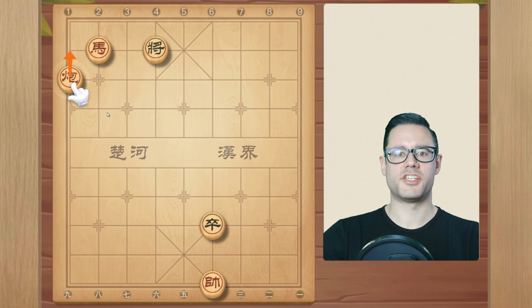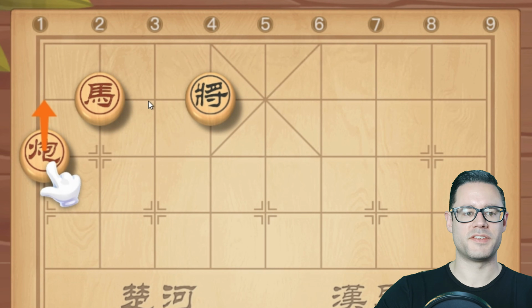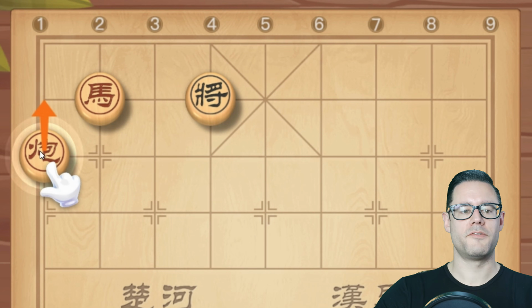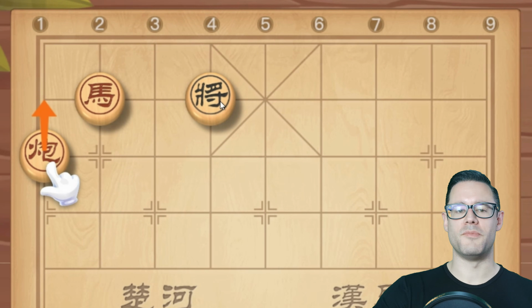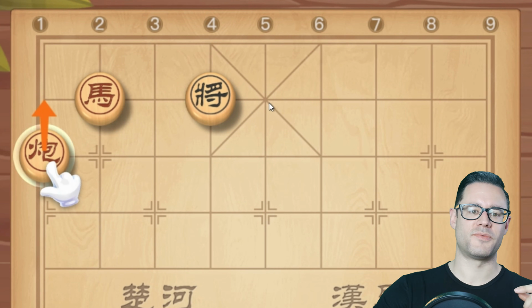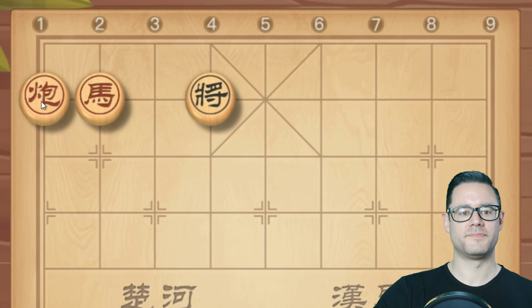So here's another example of checkmating with a cannon. This one's not so obvious. Currently, their general, if attacked, could only move one space to the right because of our horse. Horses, again, move one space forward, one space diagonal. So our horse is currently targeting both the front of the palace and the back of the palace. One space forward, one space diagonal back. So if we move our cannon behind the horse, it'll have one piece, the horse, to jump over, attacking the general. The general's only movement option is moving one space to the right, and that does not save it from the cannon. So that ends up being a checkmate.